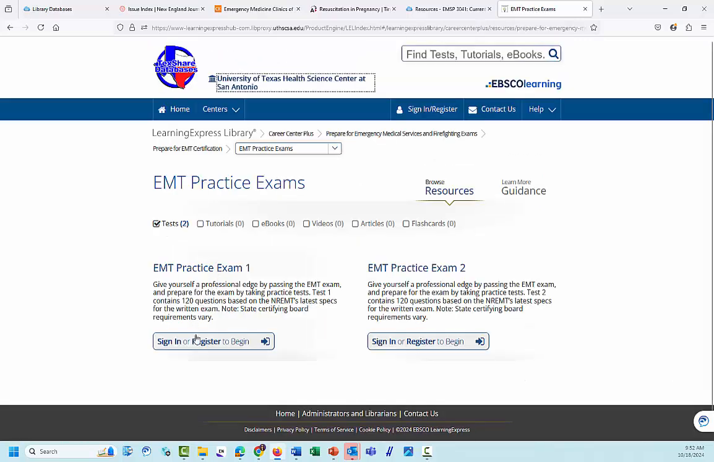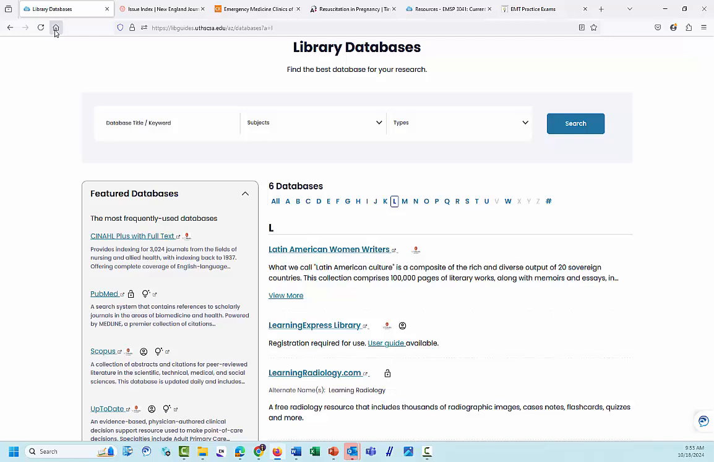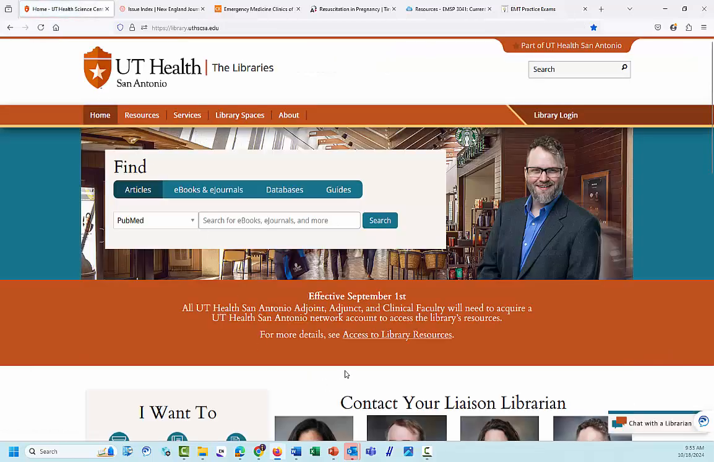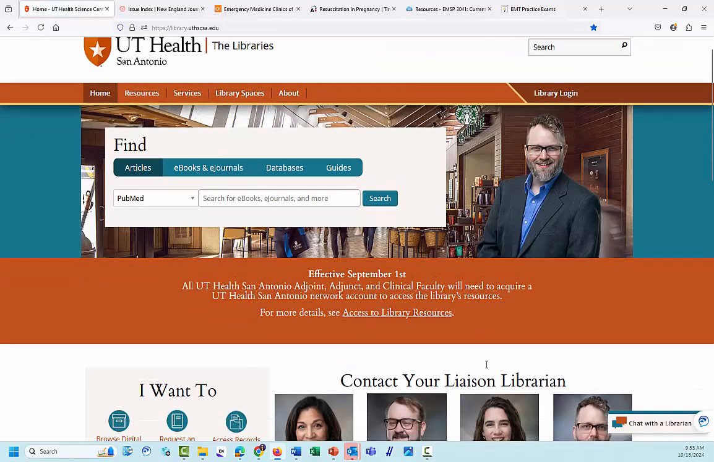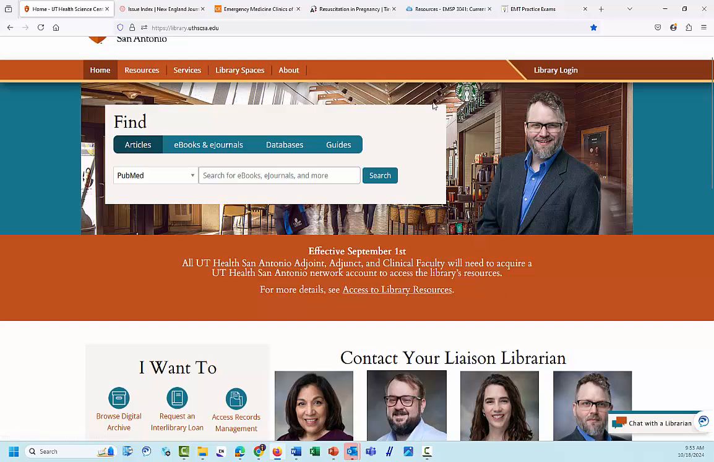When you click on it, you will be able to look at it once you sign in or register. So you do need to register a free account to get started, but once you do that, you'll be able to access those resources. Now I'm going to go back to the library's homepage again. And just to make sure you're aware, I showed you under my name how to get to the library guide